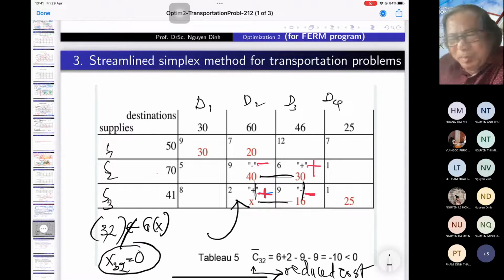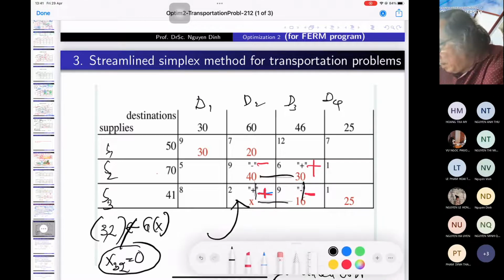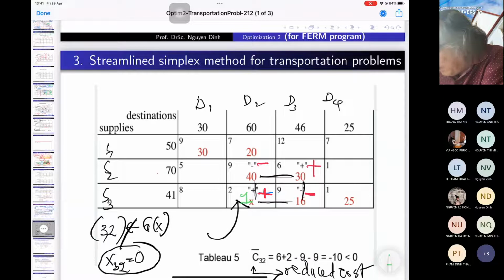And now we try to imagine if we move 1 unit to that cell, what happens? You see, if you move 1 unit to this cell, I take the yellow color, the blue, the green color. If I move 1 here, then what happens? I move 1 here, and then you can imagine